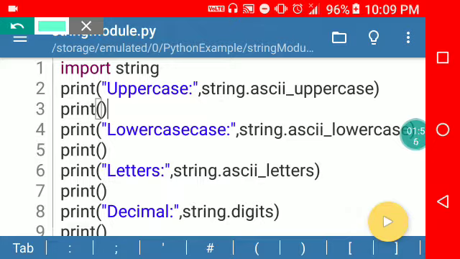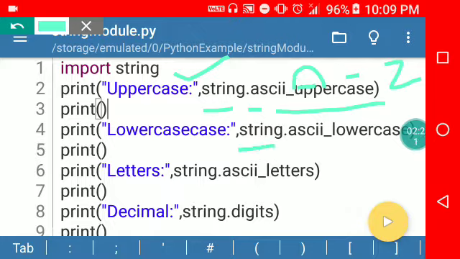First you will write import string. Then you will use string dot ascii_uppercase. This command will print uppercase letters A to Z. This command, string ascii_lowercase, will print lowercase a to z.